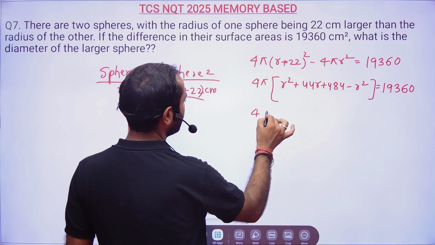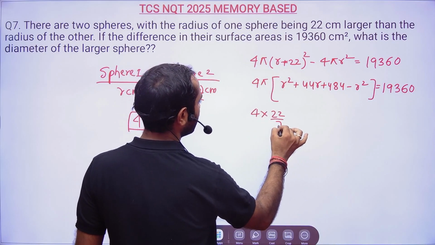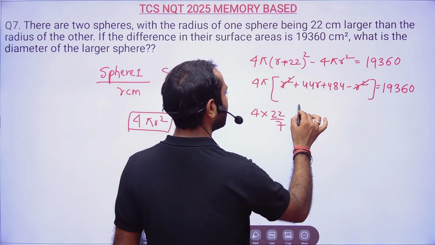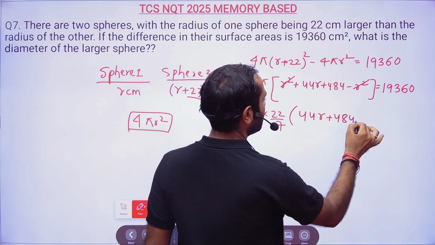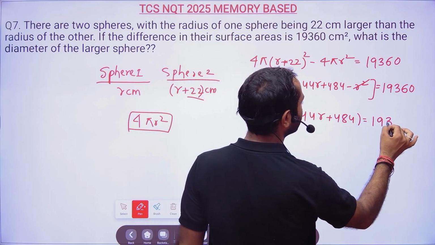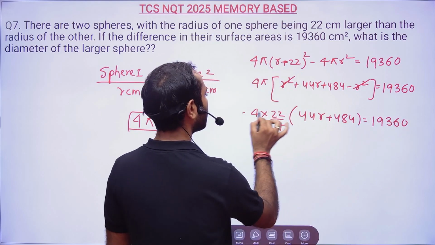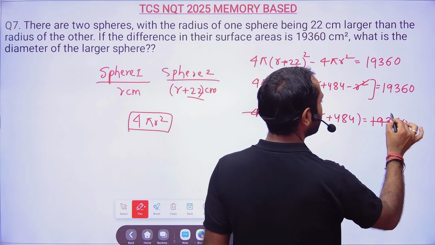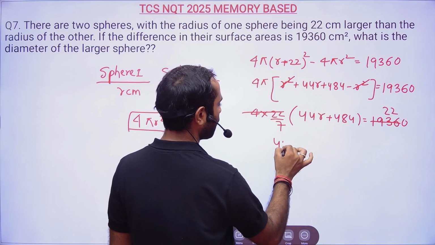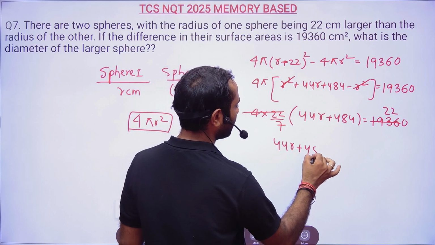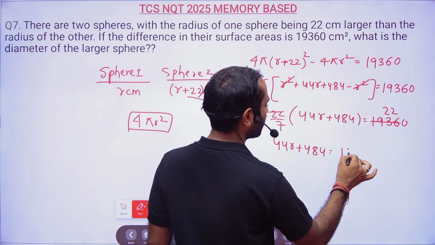Now 4 into 22 by 7, r square will be cancelled. Then 44r plus 484 will be equal to 19,360. Now 22 into 4 will be 88, and 88 into 2 will be 1936. So here 44r plus 484 will be equal to 100